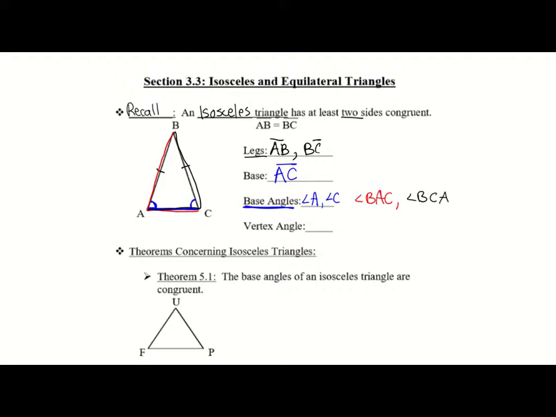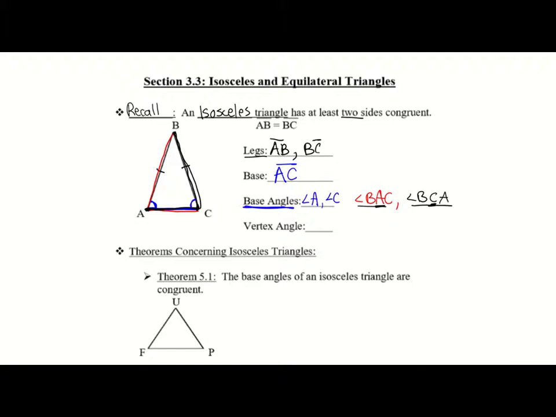Okay, and I just wanted to review that because remember when you're labeling angles, we need to start at the outside, come into the vertex, the corner of our angle, and then go out back to our third point. It's really important when we're naming angles using 3 points. Our vertex of our angle is always in the middle. So here we have angle BCA, our C is in the middle because that's the angle we were talking about,